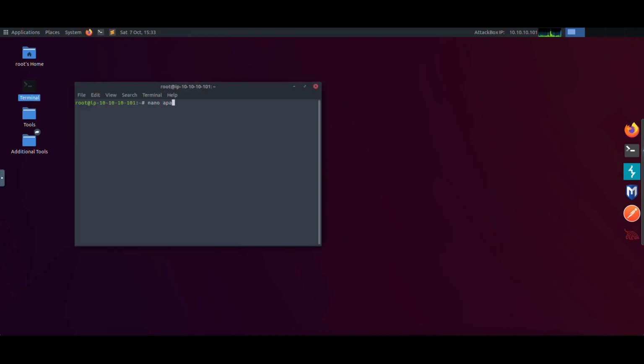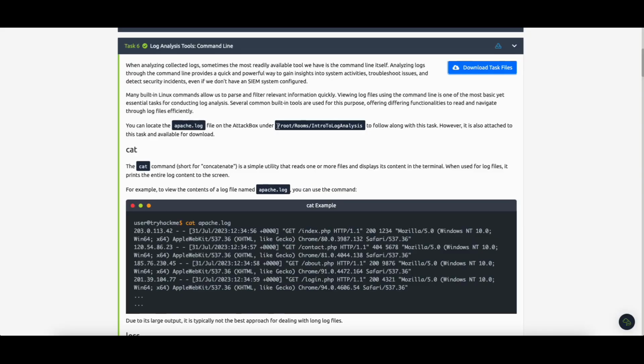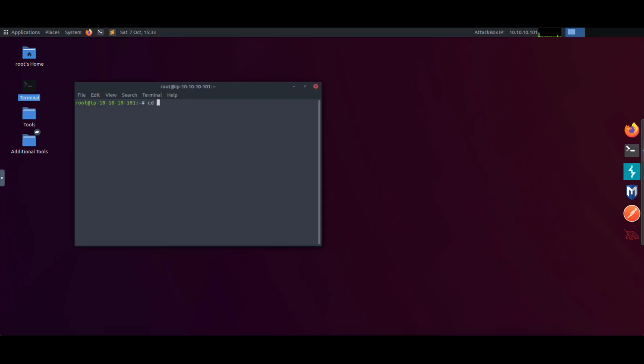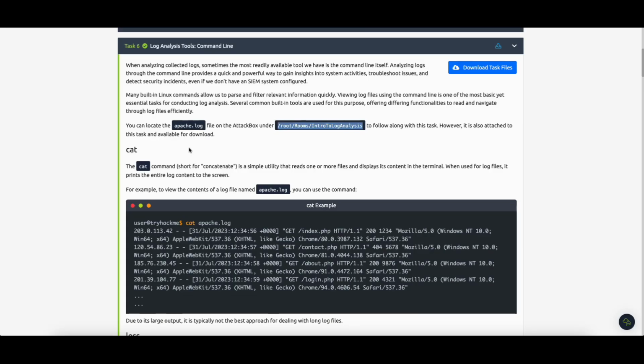We will create this file on our attached box machine. When you go to this path, let's copy it. As you can see, no such file or directory, but there has to be an Apache log file to investigate